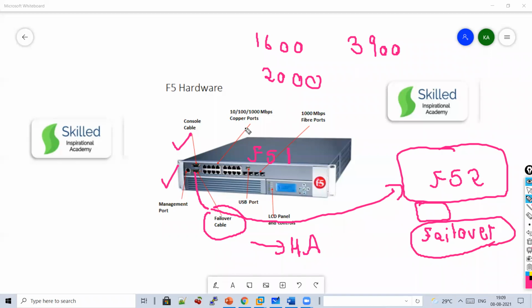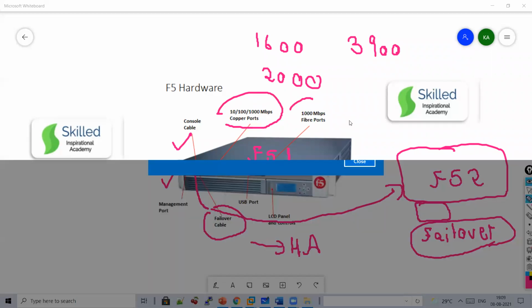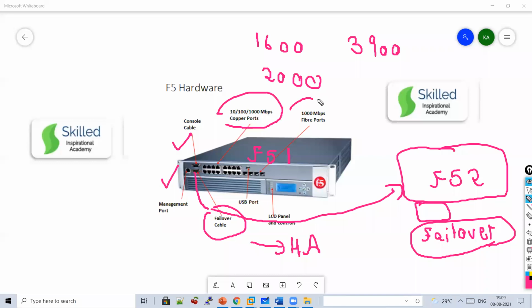Now you can see copper ports and you can see fiber ports. This fiber port is generally used as a trunk port because your F5 is also connected to the switch. If it's a hardware box, it must be connected to a switch. That is called a gigabit port.